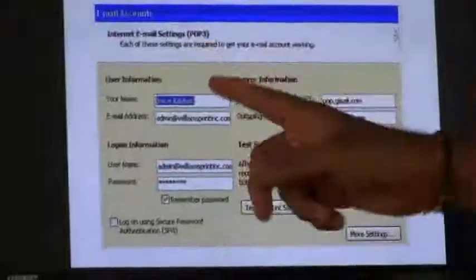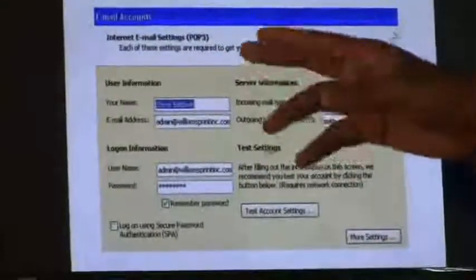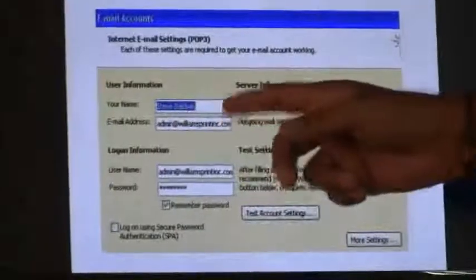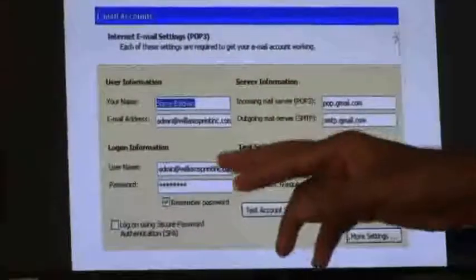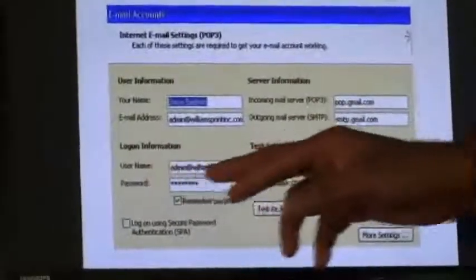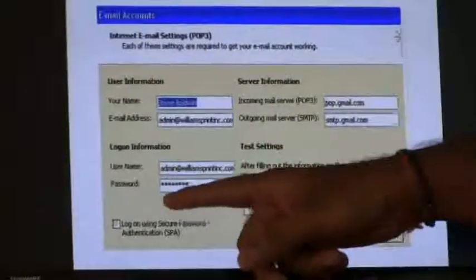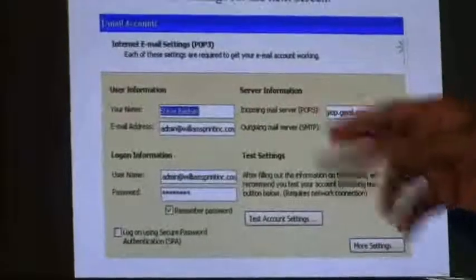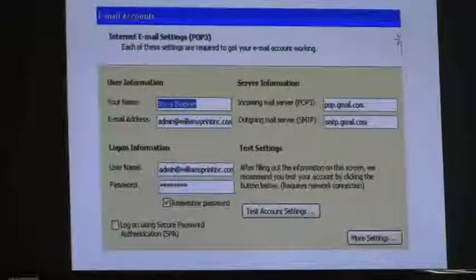Then you have to give your username, any username. You have to give the full Gmail ID and password. You have to check remember password. After that, the incoming mail server for Gmail is pop.gmail.com.